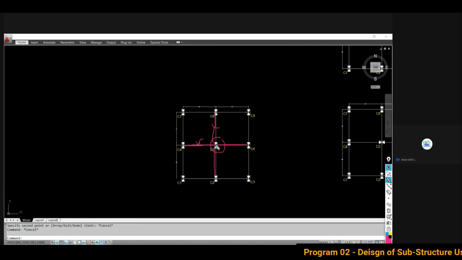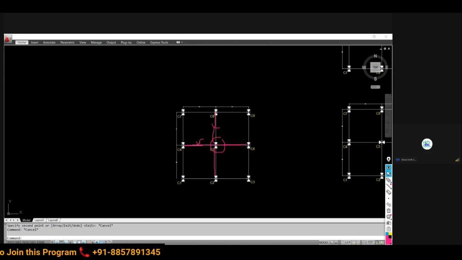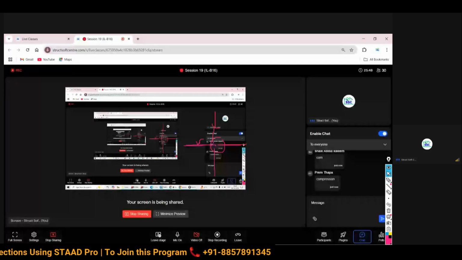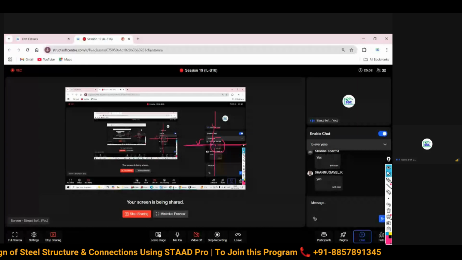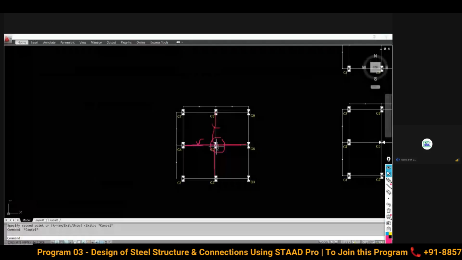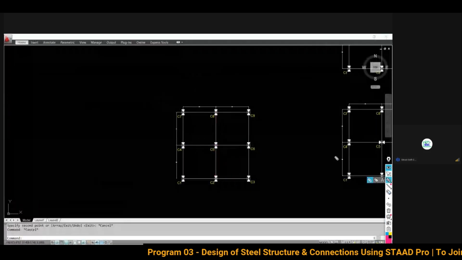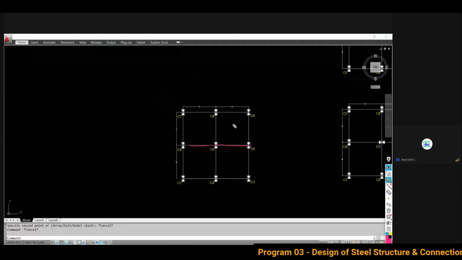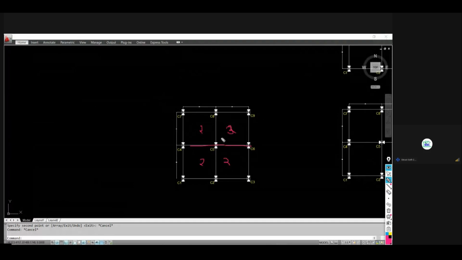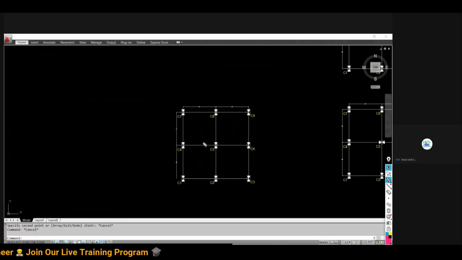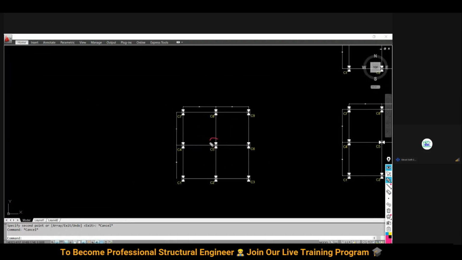Then we can expect that the load coming at the column will be exactly at the center of the column. At that time, will it be possible or not? Yes or no? Okay, so this is possible when all the situations are ideal. And ideal means this span is the same, this span is the same, plus the loading is also the same. The loading on all the spans is the same. If any one load is going to change, then we cannot expect the load to come exactly at this point.